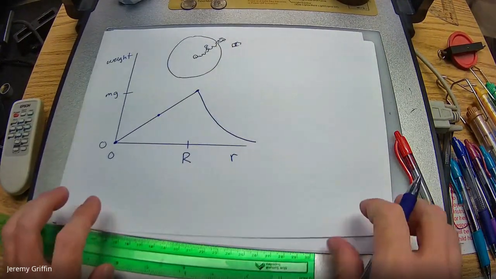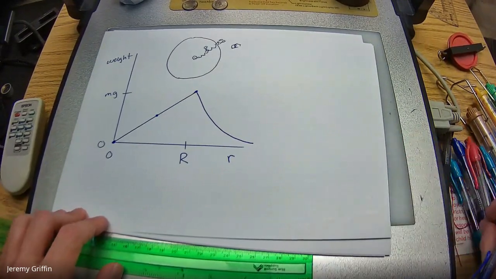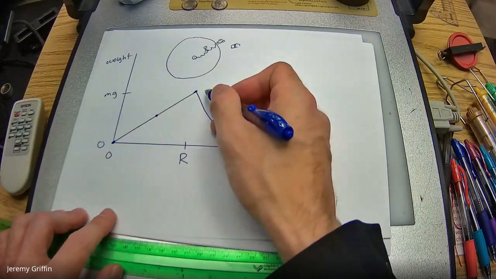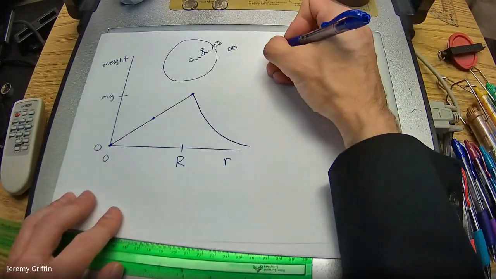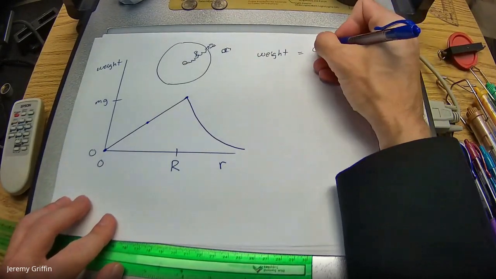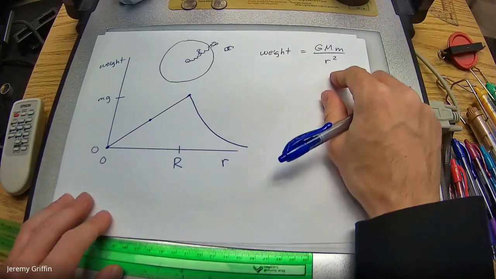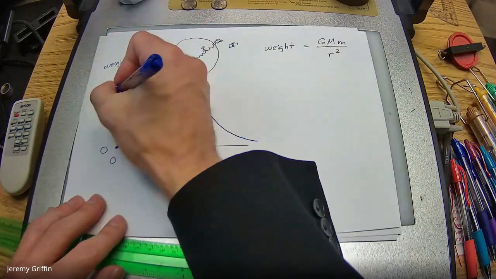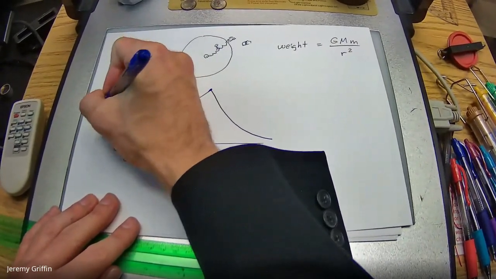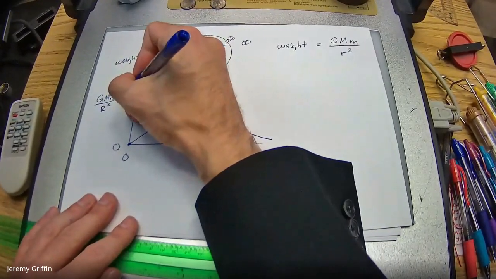I was thinking your textbook asked you that question, but let's go do that. I want to prove to you guys that this is a direct relationship. You guys ready to prove that? So isn't your weight equal to GMm on r squared? That's your weight. Maybe that's what this should be: GMm on R squared, where we're using capital R.